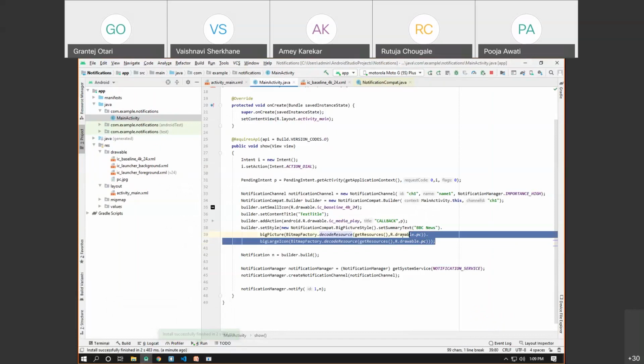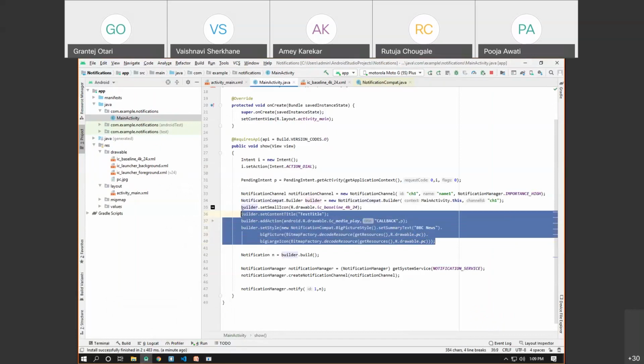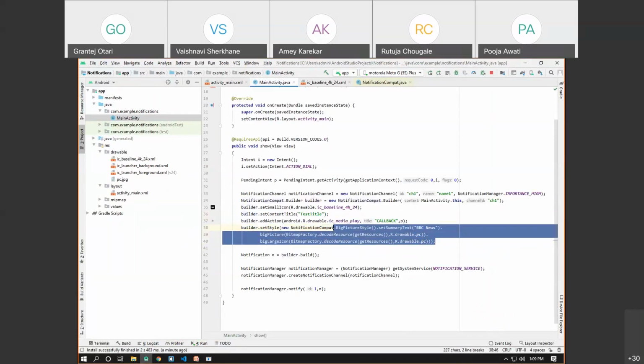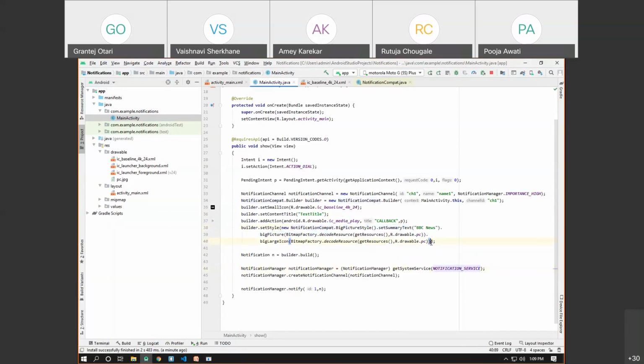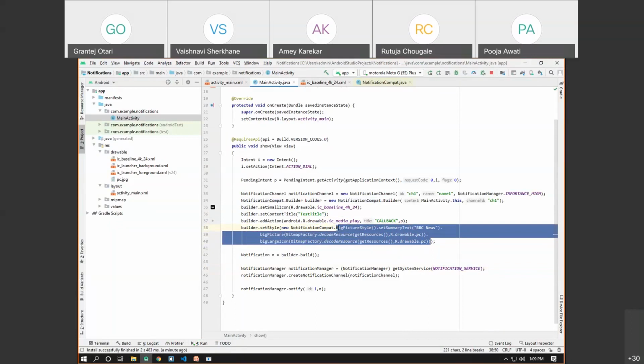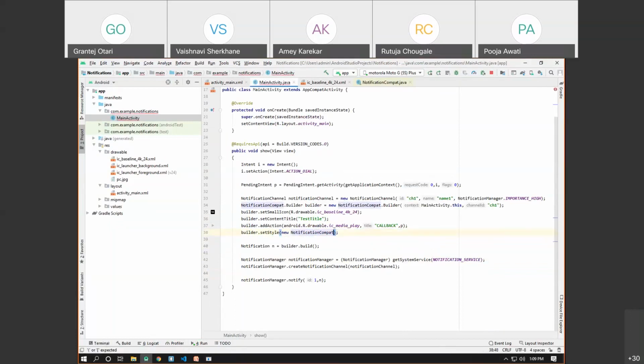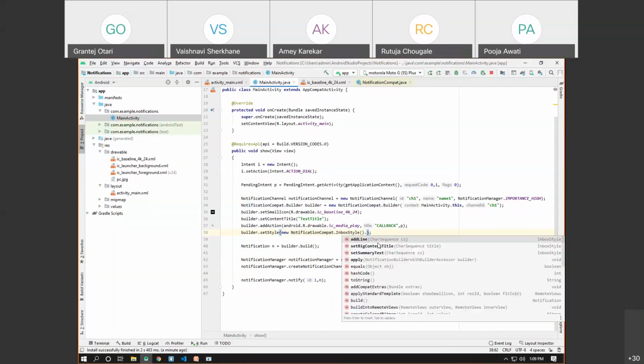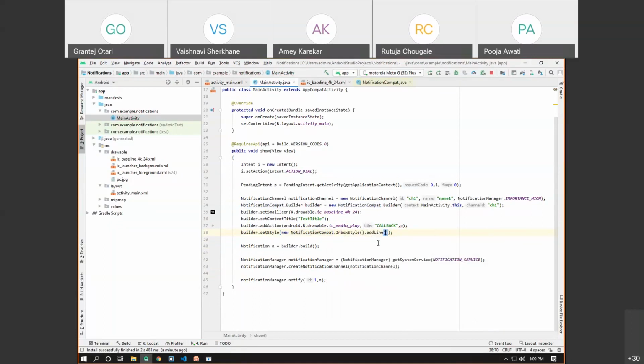So we'll go here and we'll change the style to the inbox style. And if I add a dot here, you can see we have a method called add line. So let me add line 1.